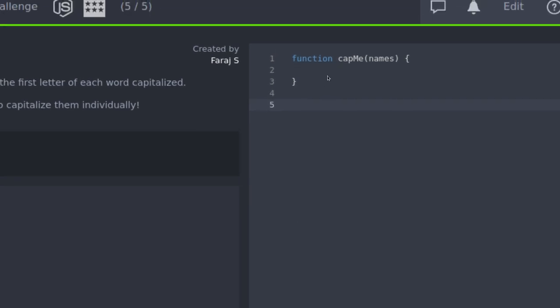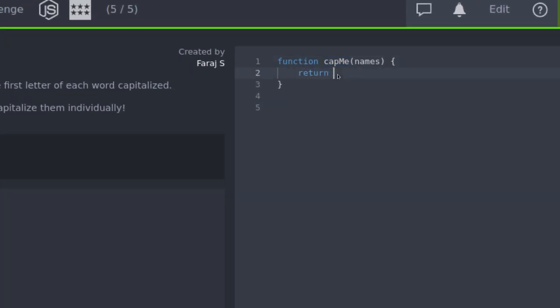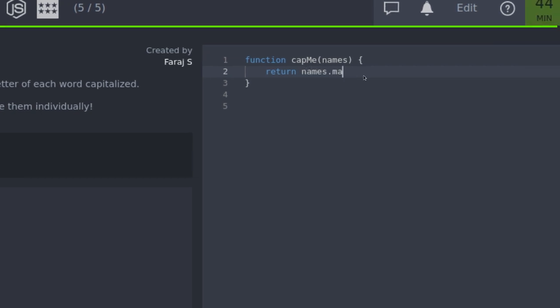Alright. So we took the names, we mapped them, and we took each, I'm just going to call it string for now, and you split the string. Is that right? So I split them, that's what I did. And then I capitalized, but I then mapped those words and I capitalized them. So each string was split, and then once,